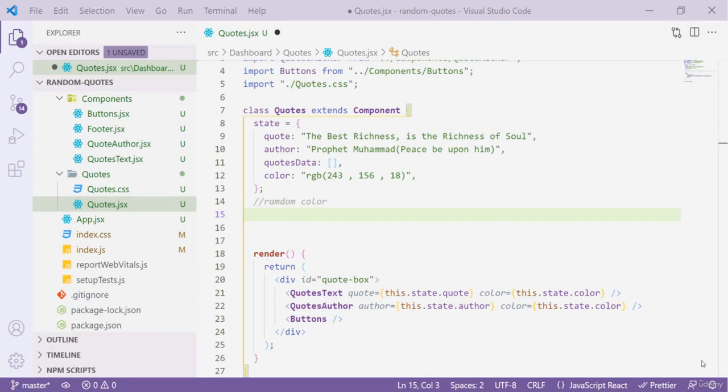Now we'll be creating a random color function that is going to help us create random colors. It is no secret that colors are basically hex values. So we'll be creating a function that is going to assign different hex values. Let's just make a function, maybe random